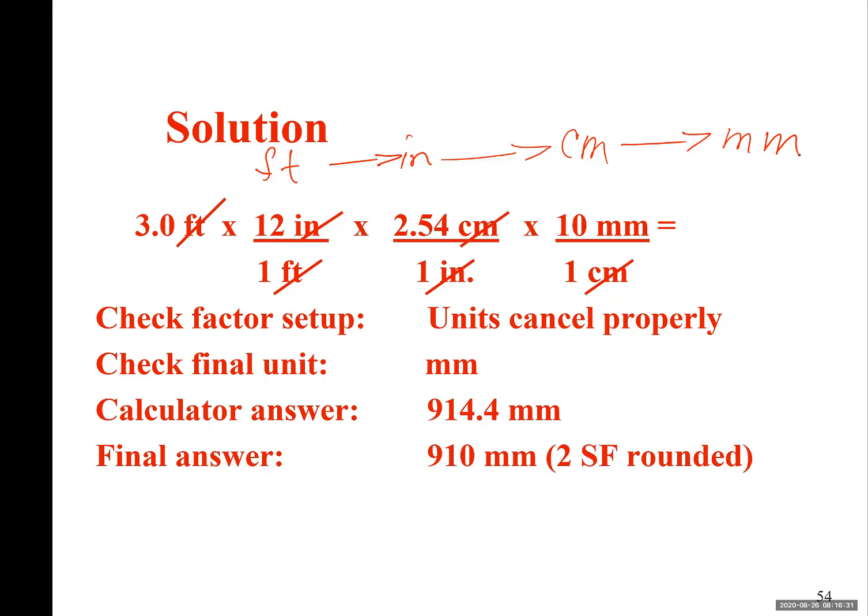So after doing this, you're going to get 914.4 millimeters. And I think I said before, it really makes life easier if you write these numbers in scientific notation before rounding them. So I'm going to write this in scientific notation. Do I get 9.144 times